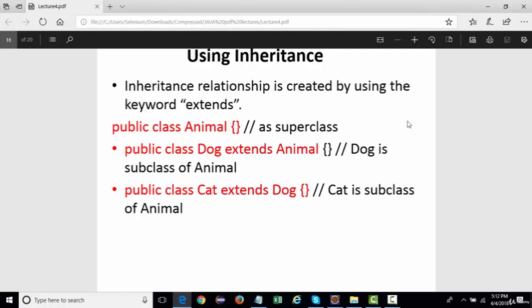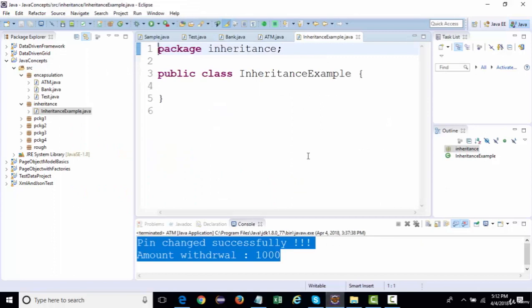For example, let's say you are a child, and you're feeling hungry, so you'll take money from your parent, right? But ultimately, who will be using that money? The child itself will be using that money, right? So similarly, in case of inheritance, if you are acquiring some property of a parent, the action is actually performed by a child, right? The object that will be created will be of the child only. So don't get confused over here.